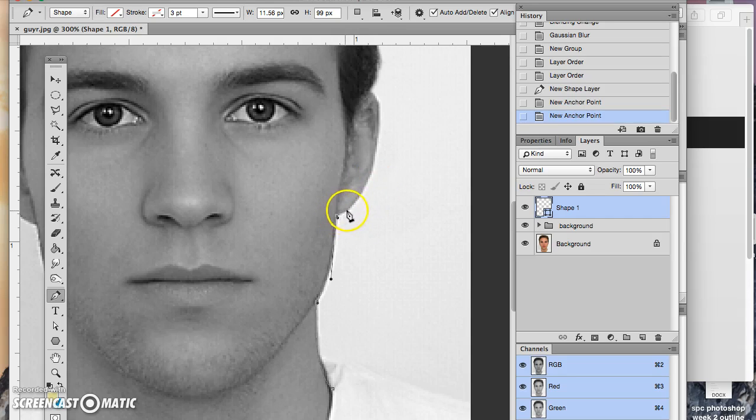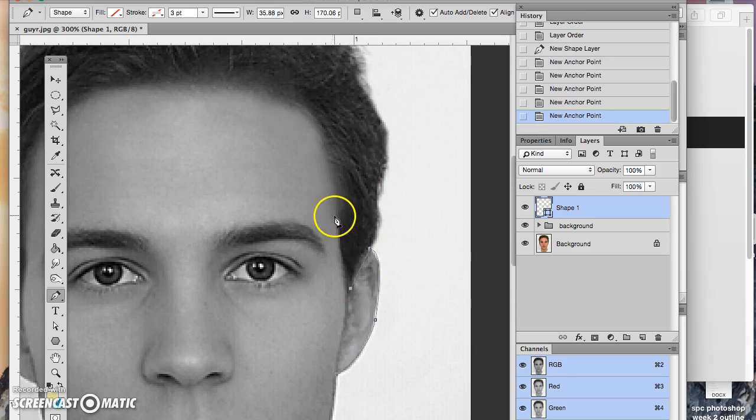Now you could get really intricate here and get all those curves in, but we're just going to go ahead and get the basic curves, and you can always go back and change them later. I'm going to go Option. I got a nice curve going here, so I'm just going to come up here, get that curve, Option. Come down here, get the other curve, Option, and then go ahead and continue